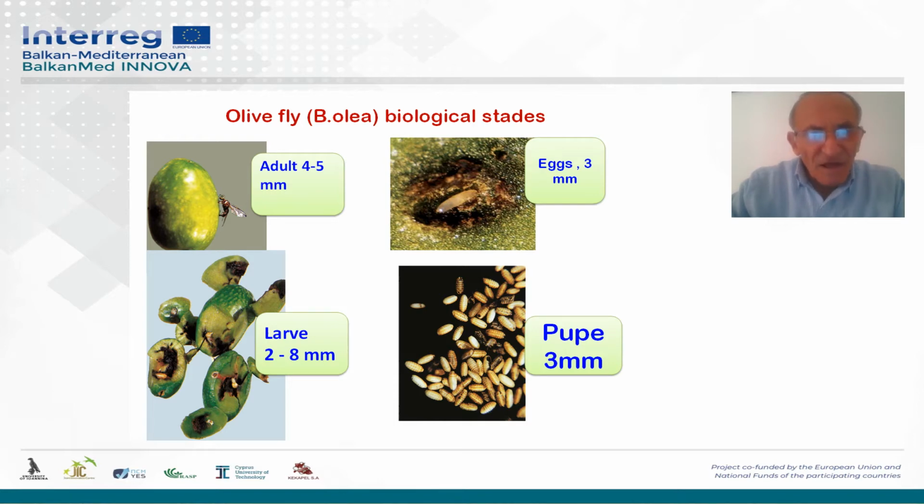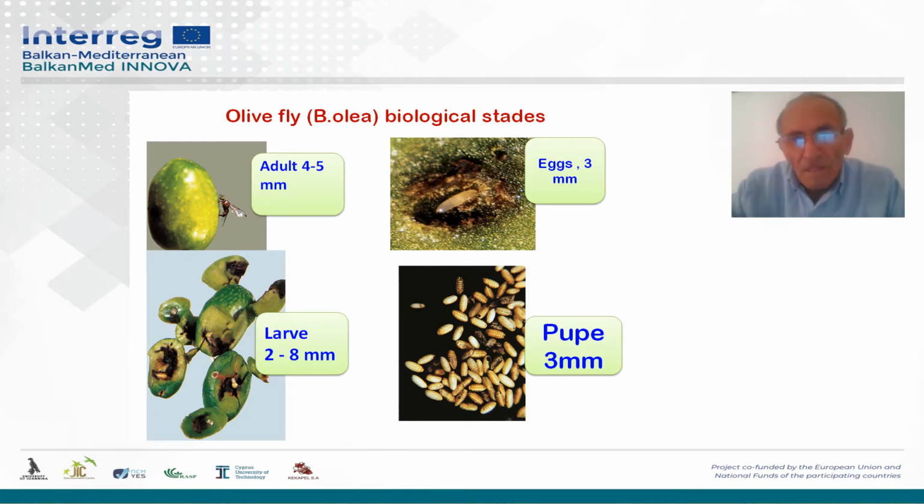And the adult releases here a pheromone in order to communicate with another female: please don't lay eggs in this fruit because I have put one egg here. This kind of communication is very complicated, but it is part of the behavior of the insect in the olive